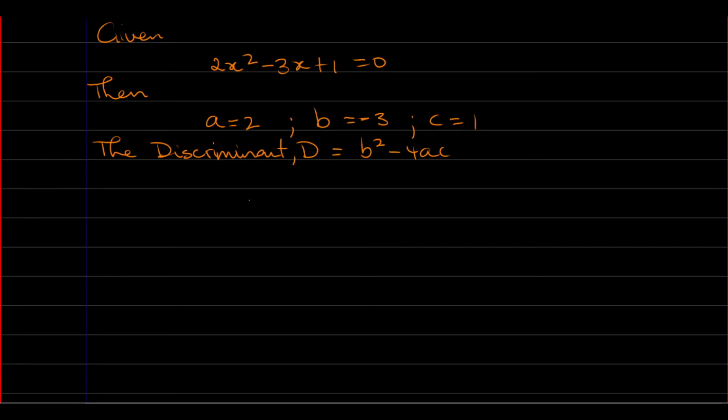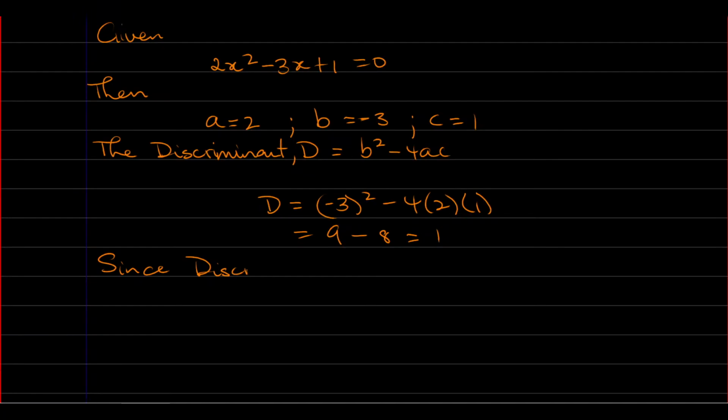And that would mean that d would be equal to minus 3 squared minus 4 into 2 into 1. And this here is 9, this here is 8, and this is 1. So the discriminant that we have is 1. Since our discriminant is 1, I should say it like this: d is greater than 0, then